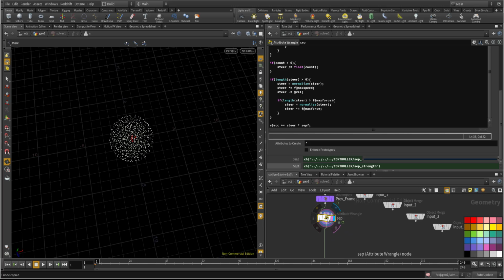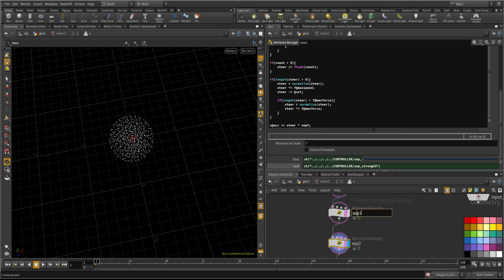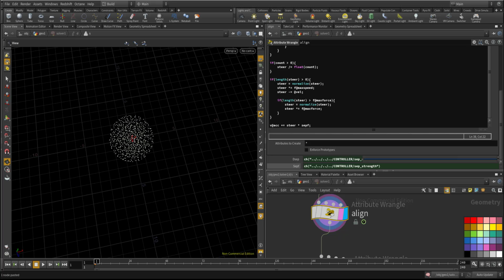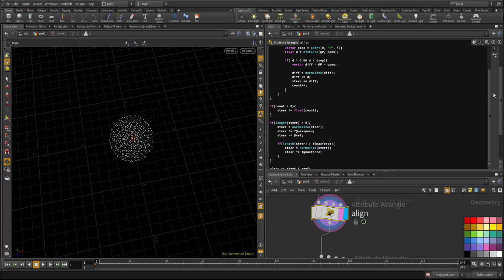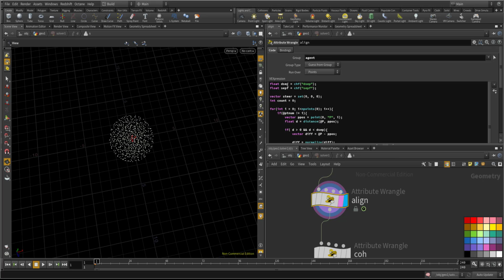So I'm gonna copy the separations 2 times and connect to later on, and rename this align, and then cohesion. Now let's go with the alignment. Okay. Well, I have to rename these things to the alignment. So the align,